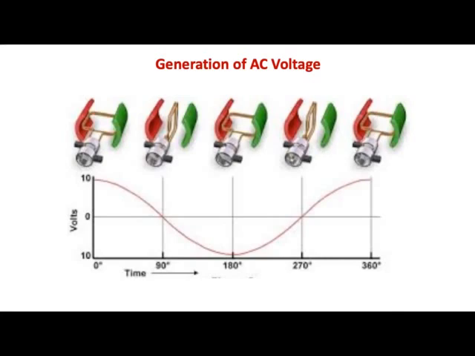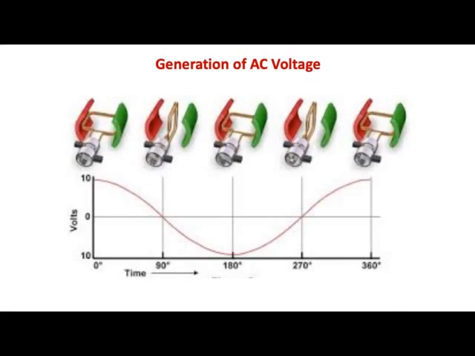While in the second figure, the flux passing through the coil is maximum, but the rate of change of flux is minimum. Hence, the induced voltage is 0. Then, after 180 degrees, the coil has reversed its direction, and therefore the voltage magnitude produced is again maximum, but now it's negative. Then again 0 and comes to the positive half. So this is one complete cycle